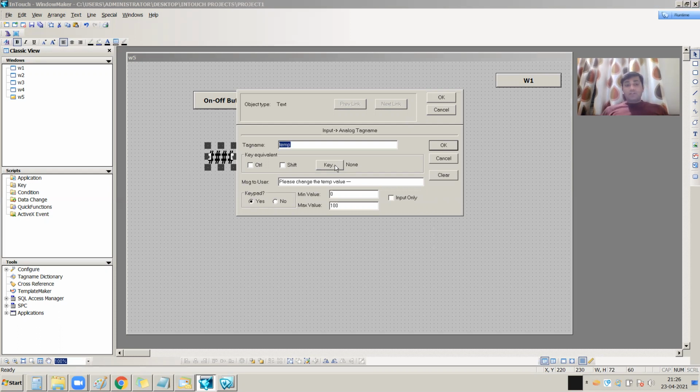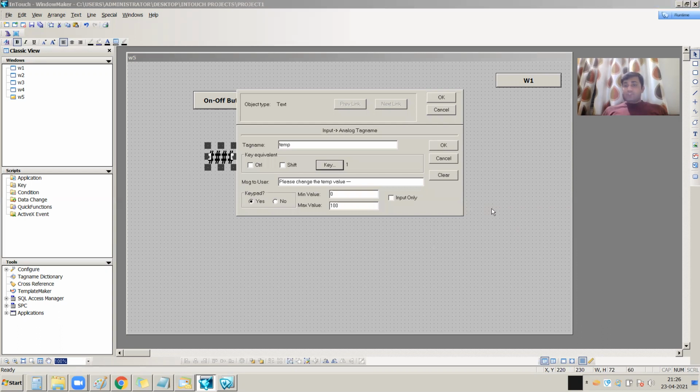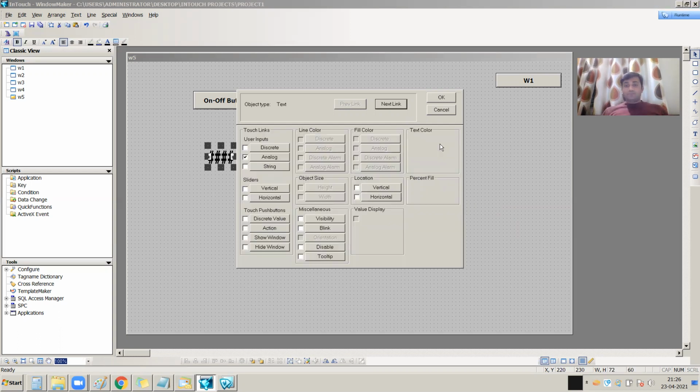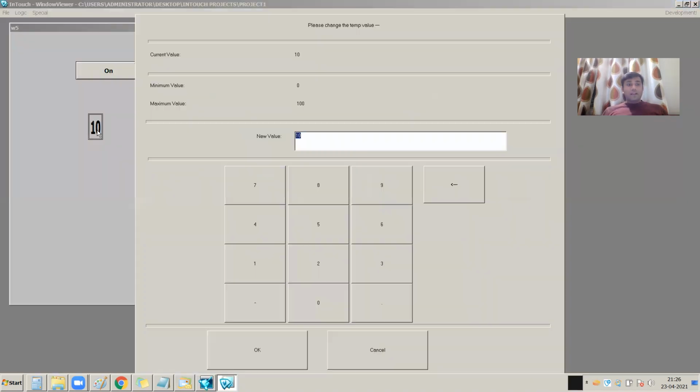For example, right now I am selecting the key 1. Whenever I press 1 on my keyboard, then the value keypad will be displayed. See, I am clicking on it with my mouse, yes, it will be displayed.